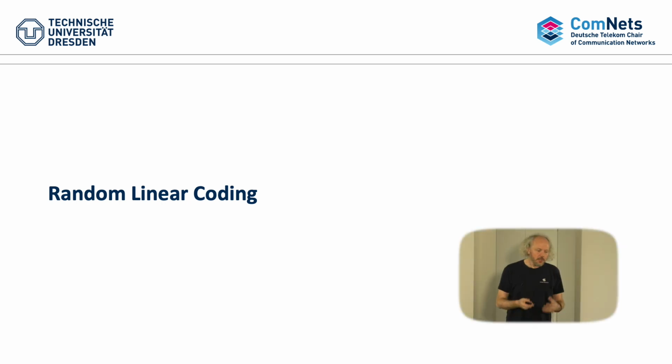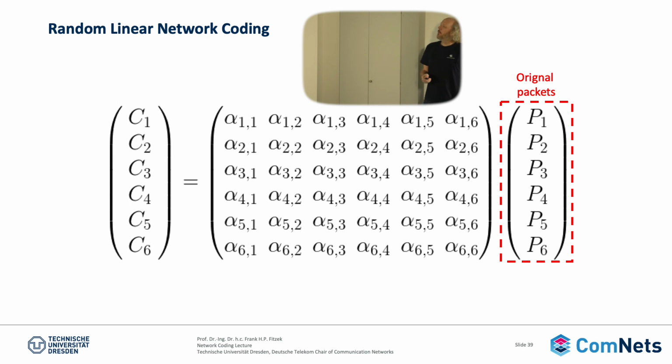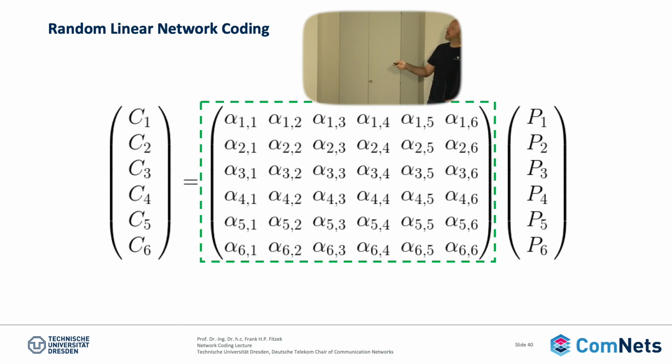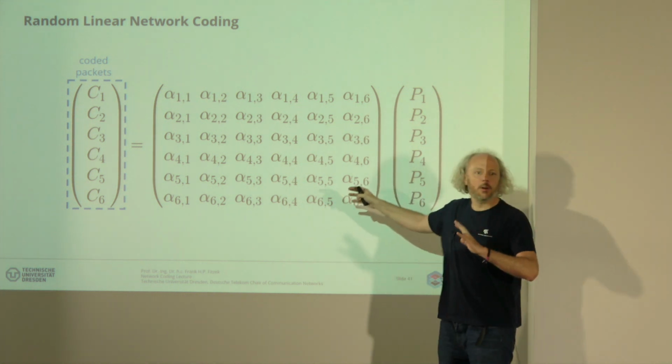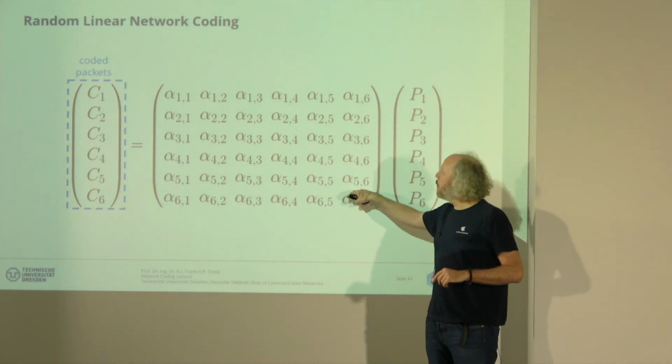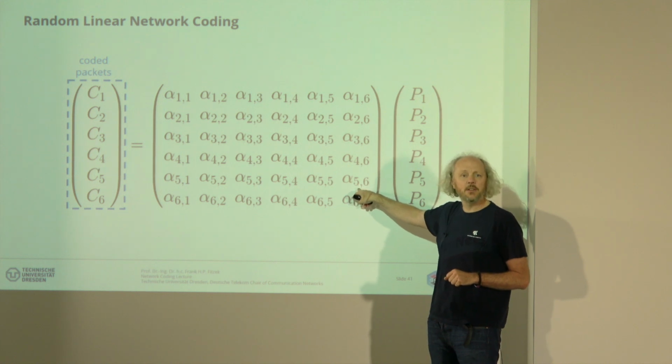Okay, so let's talk about random linear network coding, right? When you do this, normally what you have is, any coding will work like this, by the way. You will have some original packets, you have some coding coefficients, and you get the coded packets out of it. I hope that you have seen this, whether this is the Reed-Solomon code or whatever code it is, there will be these coding coefficients. And what will these coding coefficients tell you?